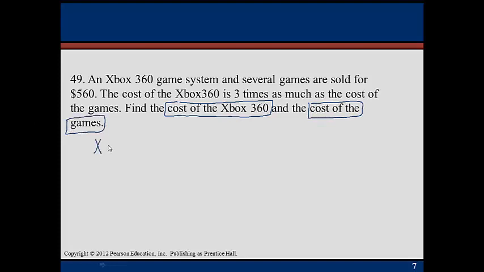So I'm going to let x be the cost of my Xbox. And I'm going to let g be the cost of the games. So that's step 1. Now step 2 is to write out equations. Let's go back to the first sentence. It says an Xbox 360 game system and several games are sold for $560. That means the total is equal to $560. And remember, total was found by adding. So x plus g